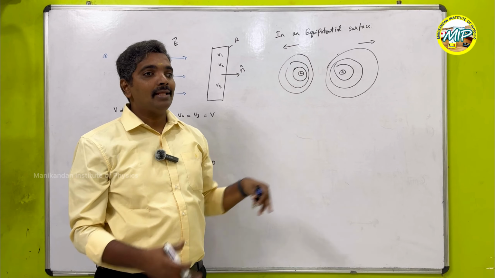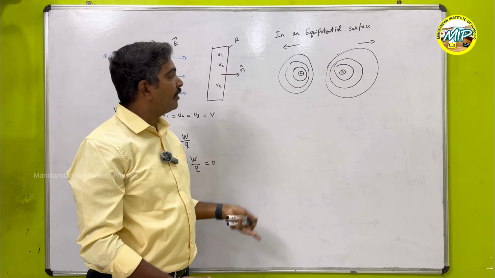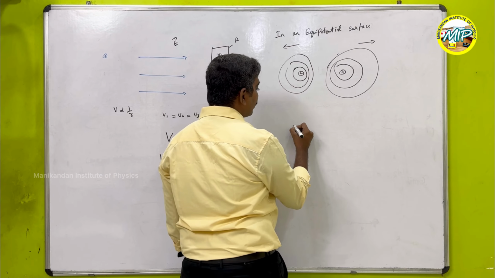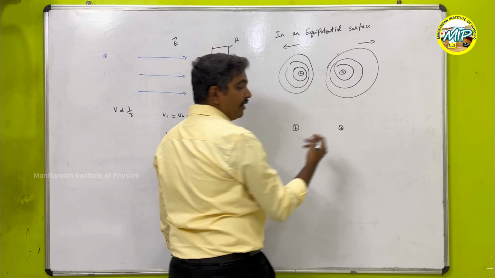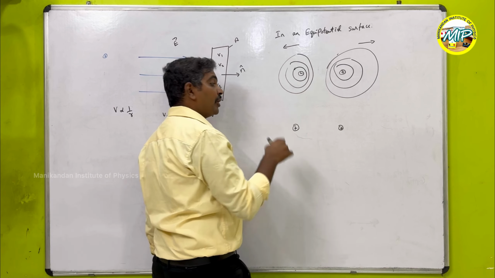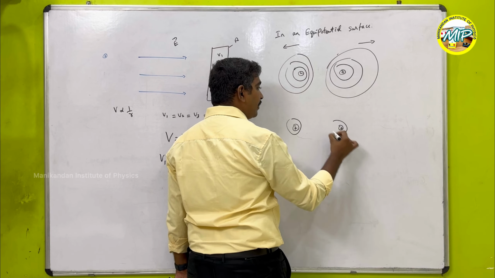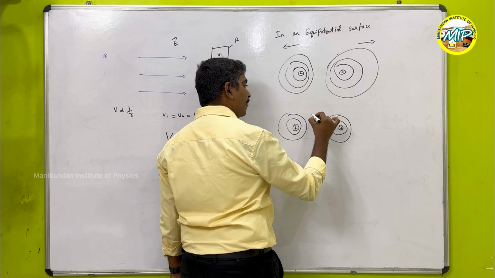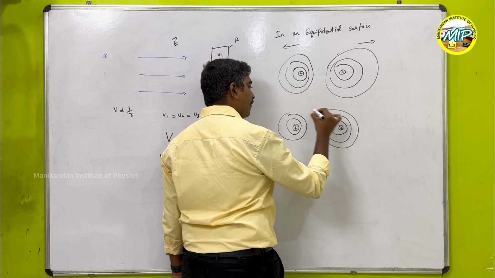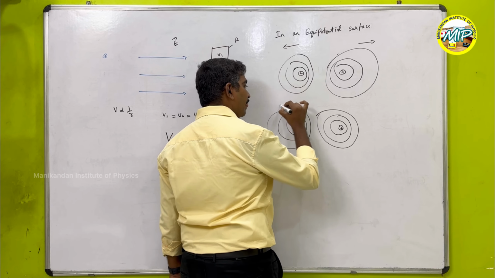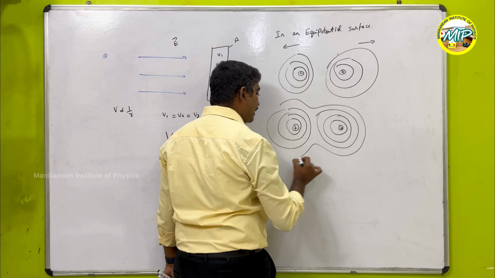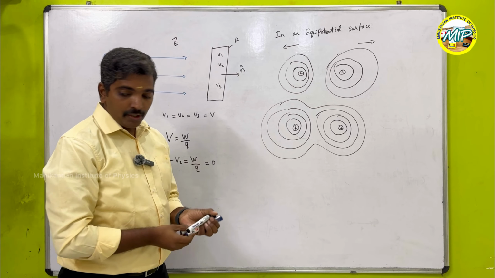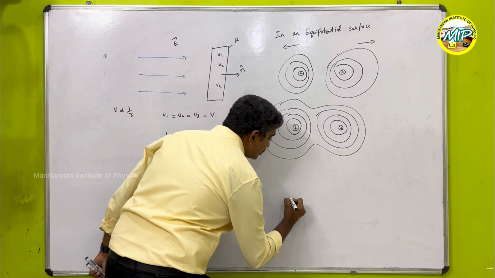But here, my dipole in an equipotential surface, there is no attraction at all. So if I have two positive charges, what's happening? If I have two positive charges in an equipotential surface, they are going to attract each other. If I place two negative charges in an equipotential surface,